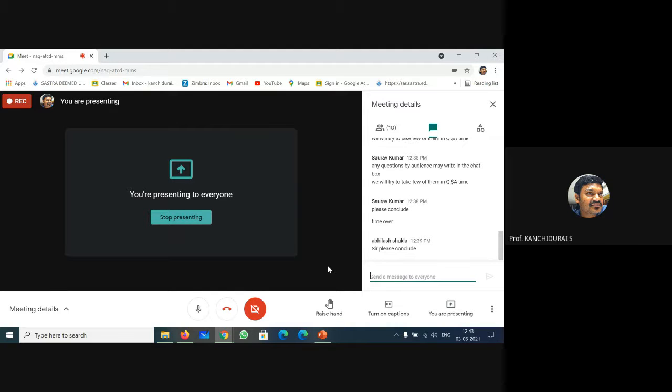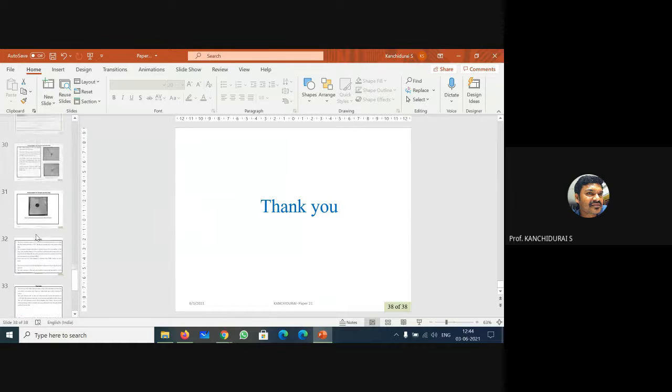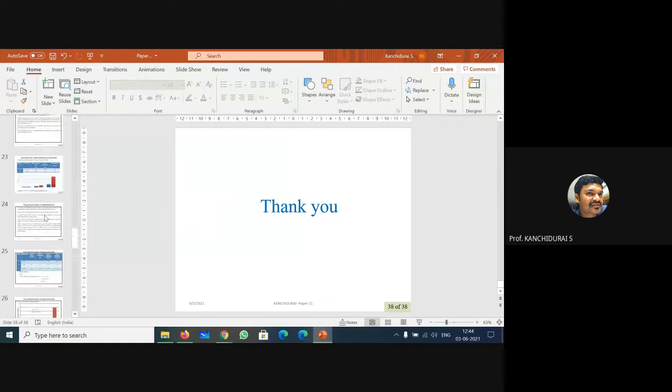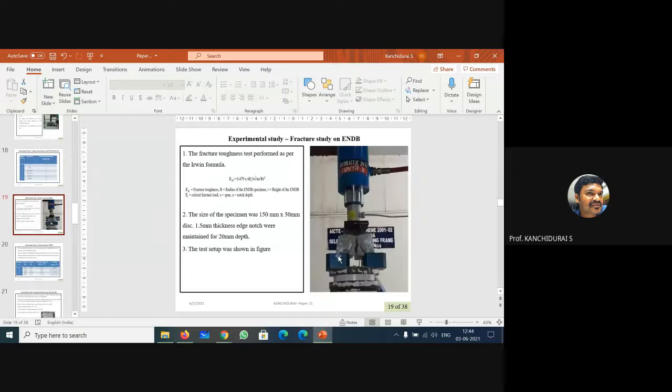Actually, yes, sir. For the fracture studies, I have used a notched specimen. When we are applying the opening mode, failure starts here. So the stress already starts the cracks at the failure point. When you are providing the load, the mesh was embedded inside at the top layer. A 1 centimeter notch was provided as per the Irwin formula, and based on that the stress intensity factor was considered.